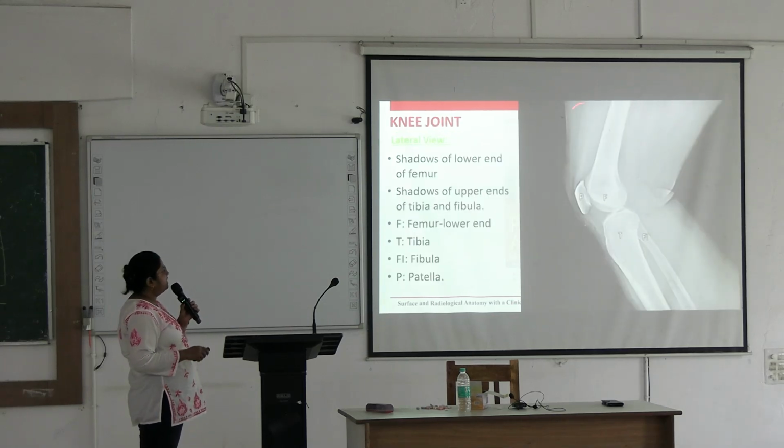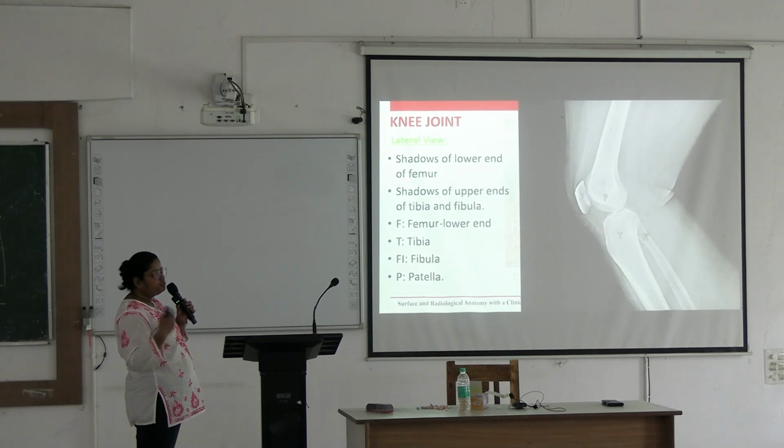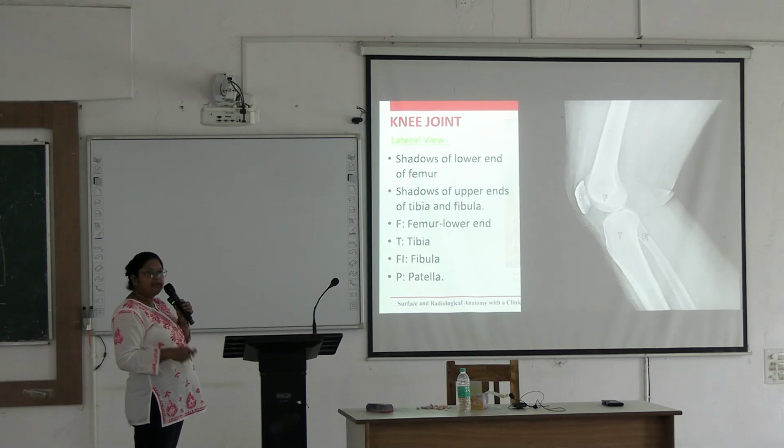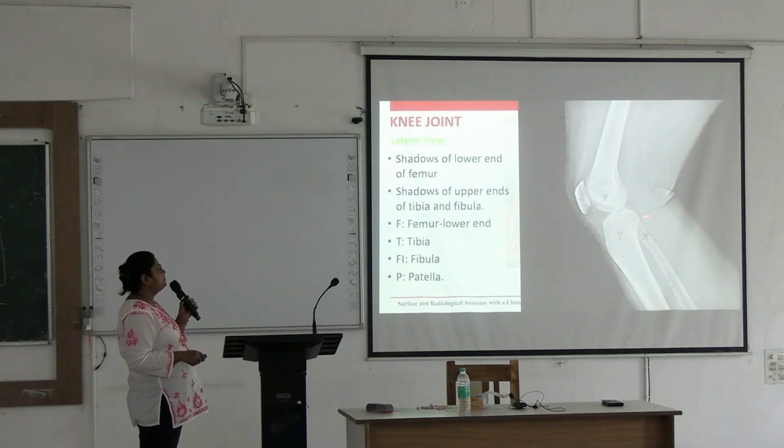Next we are going to the lateral view of the knee joint. Here you can see the patella clearly floating, and sometimes articulating with the lower end of the femur. These are the condyles of femur superimposing on each other. Here is patella, this is tibia, here is tibial tuberosity, here is the upper end of fibula, and the superior tibiofibular joint is forming here. And here is the knee joint.